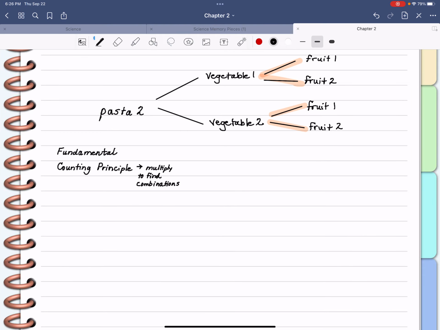So remember that she's going to have pasta and a vegetable. I am hungry, and this sounds so good to me. And a fruit. So how many choices does she have for pasta? She has 2. How many choices does she have for vegetables? 2. How many choices for fruit? 2. So 2 times 2 times 2 is,